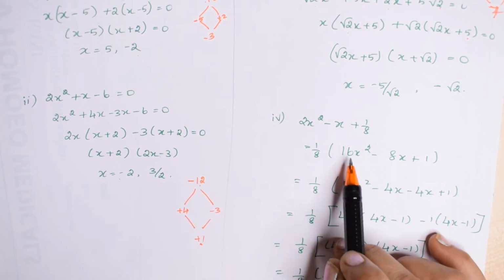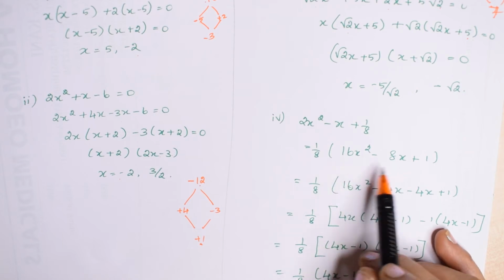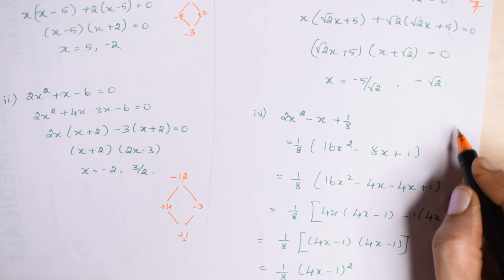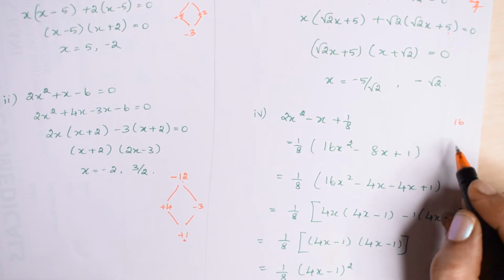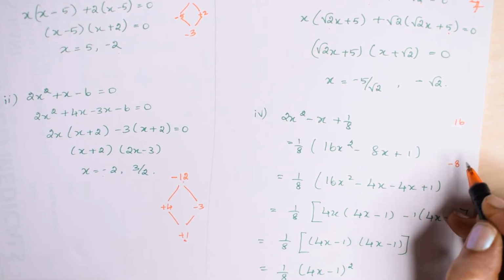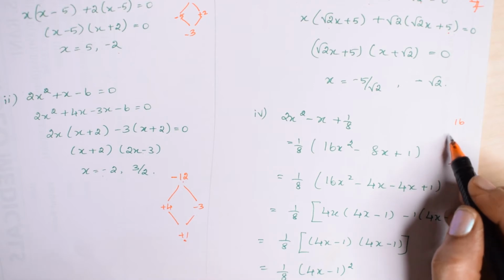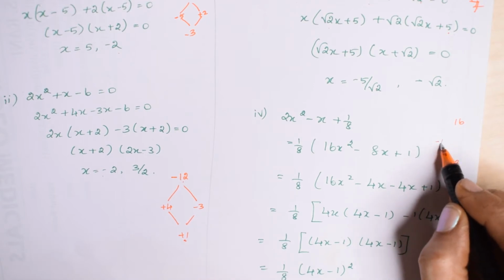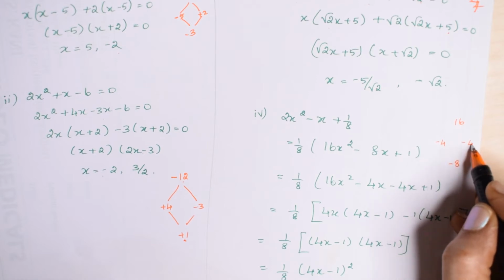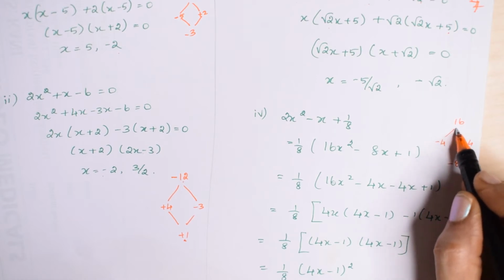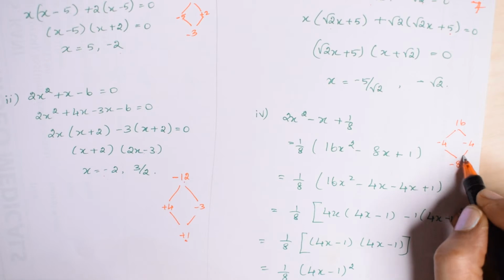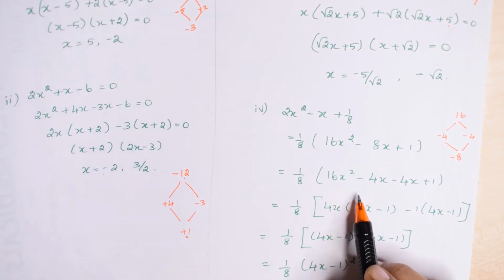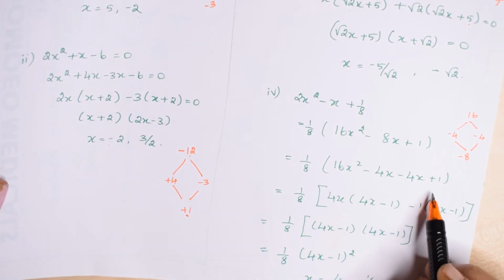Then we are going to solve only the quadratic equation which is given inside the bracket now. So 16 into 1. So the product of the numbers should be 16 and the sum of the numbers is going to be minus 8. So what do we understand? Product is a plus number. So both the numbers, when I split, are going to be negative numbers. Minus 4 into minus 4, when I multiply, it becomes 16. When I sum it up, it becomes minus 8. So I split it as 16x square minus 4x minus 4x plus 1.